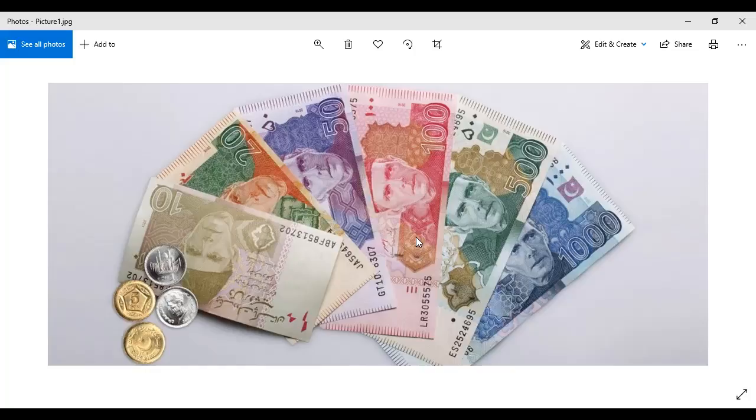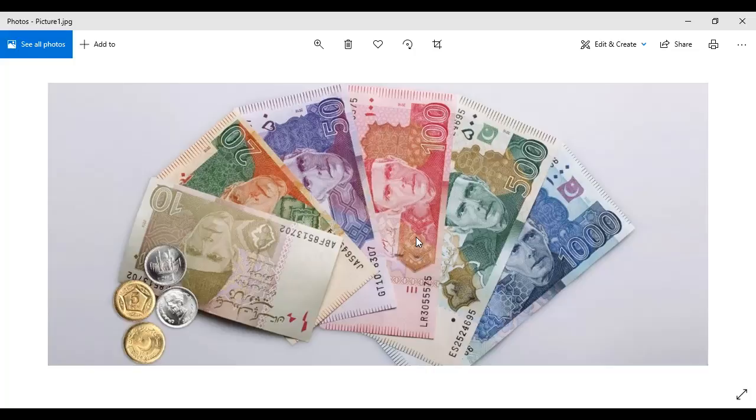In this picture, a 5,000 rupee note is missing, so I'll show it to you later as well. The first note that we have is of 10 rupees. The next we have of 20 rupees. Now again, if we talk about the notes, all of their designs are different. The colors are also different. They look different from each other.